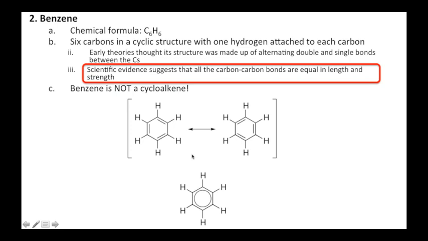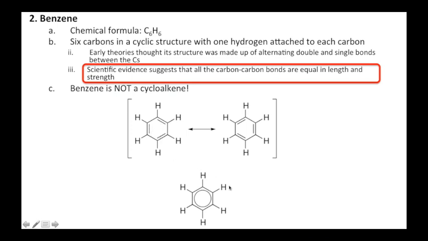We get the indication that it's all single bonds. So instead of having this diagram, we have this diagram. So here's my carbon, 1, 2, 3, and this circle represents the 4th bond, which basically is the thinking that these electrons are shared between all these